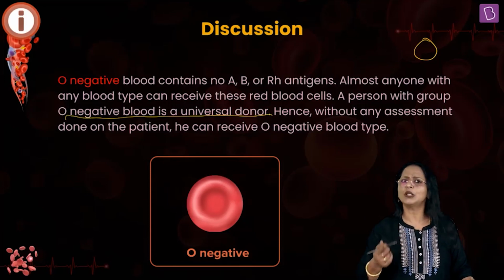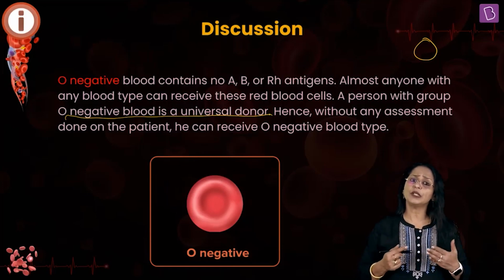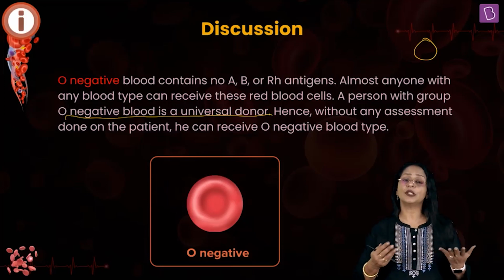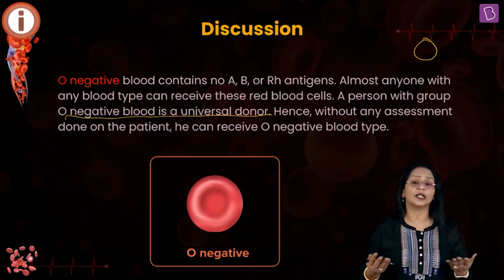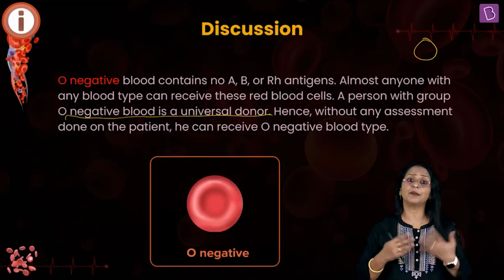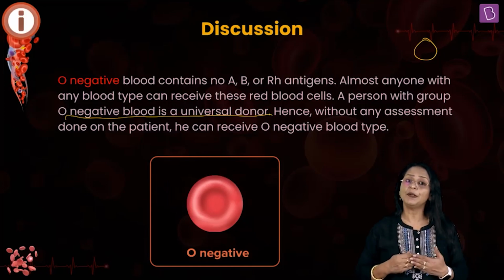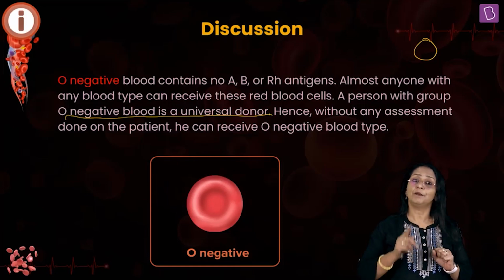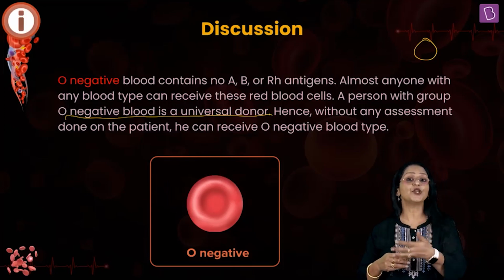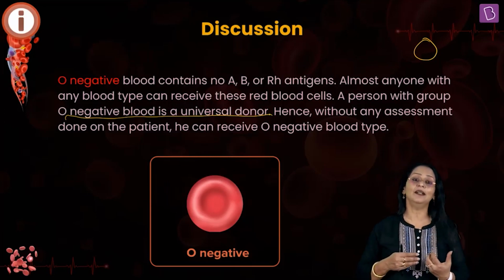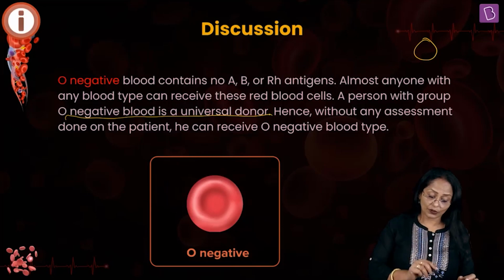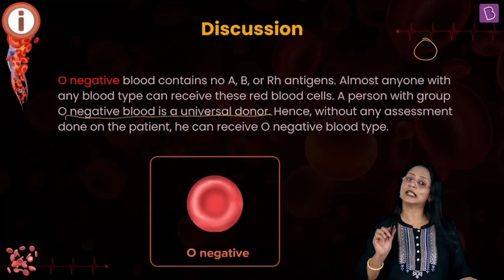Now, why do you think O positive cannot be a universal donor? O positive means the person has Rh antigen, and suppose the person who was rushed to the emergency in an unconscious state is of whatever blood group but negative, that means he has Rh negative. What will happen if you give O positive? O is fine, but the Rh antigens which get into the body will cause the formation of antibodies against the Rh factor, and it will lead to clumping, right? So O negative is the ideal universal donor.